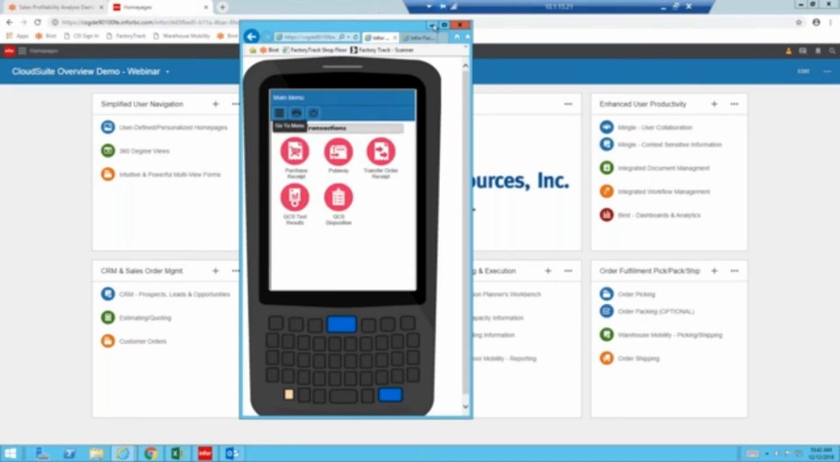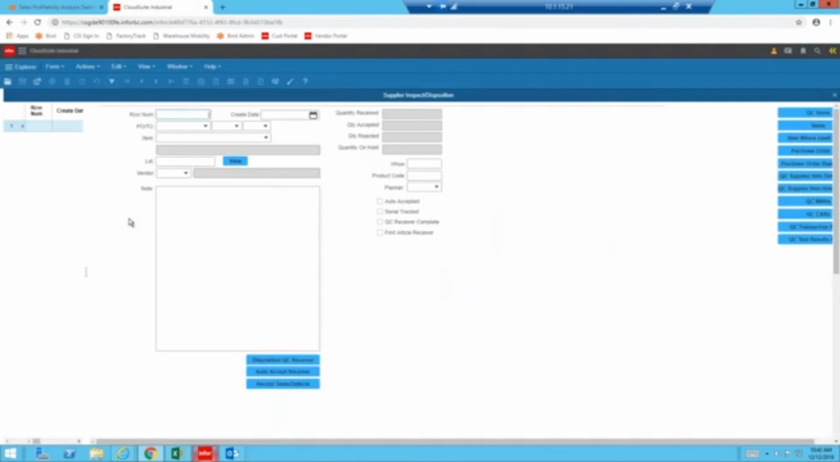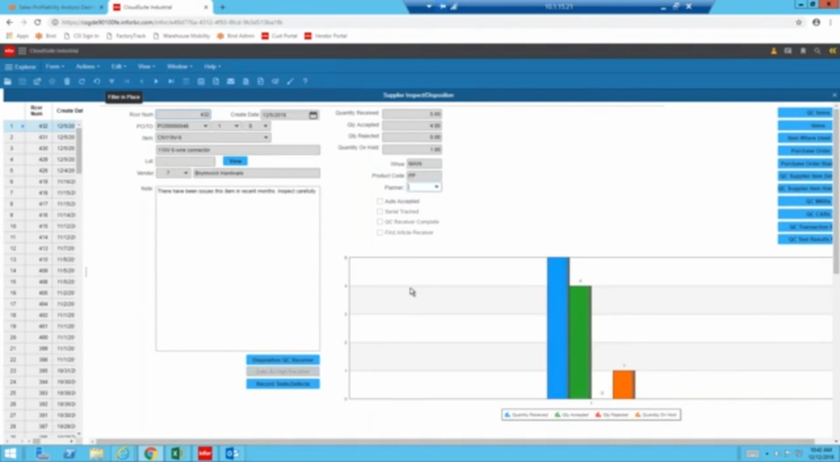So that's a simple receipt using our factory track warehouse mobility. Again, it's a fully integrated component of the Cloud Suite solution. Now, had I wanted to, I could have had a QC inspection and disposition process set up for that item. In that case, I didn't have an item QC requirement,